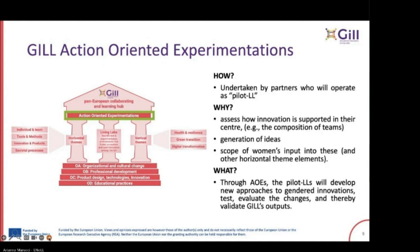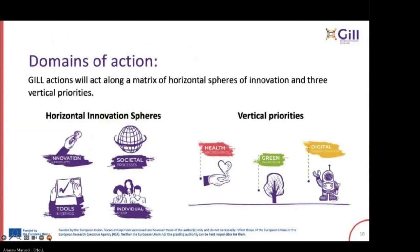The next, we really go a little bit through this. So we are going to have a matrix of horizontal spheres and vertical priorities working together, and the end result is,